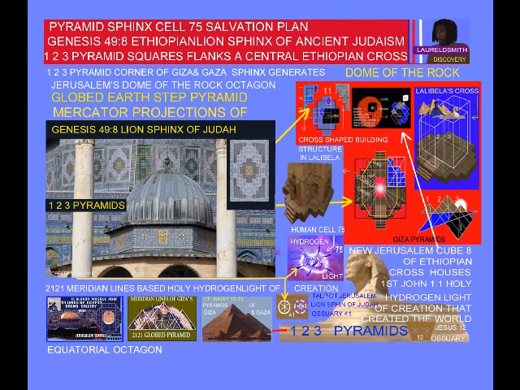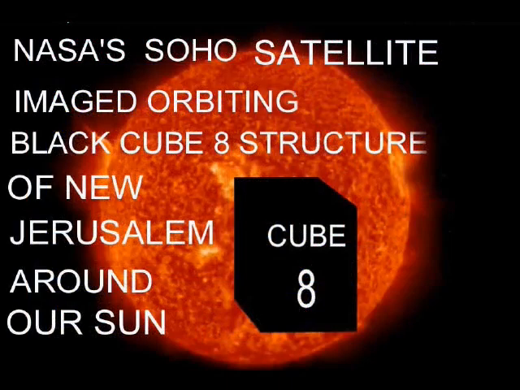So when we look at a blank sheet of paper, we draw an octagon representing the Dome of the Rock roof, since the stone rectangular window frames we're decoding relate to the orbiting Jupiter-sized cube structure of New Jerusalem around our sun. So we're talking about the Dome of the Rock outer wall stone rectangular window frames in Jerusalem that have